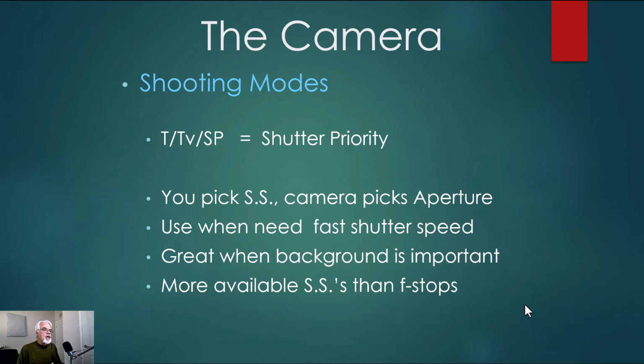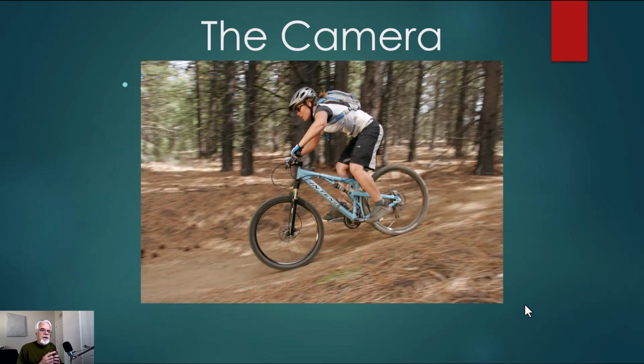Okay, now we're on to shutter priority mode. Here again, we already know you pick the shutter speed because you need a fast shutter speed to make sure something doesn't blur. The camera then picks the aperture. You want to use this when you need that fast shutter speed. So let's say a mountain biker's coming by, riding by you, and you want them to blur just a little tiny bit. So you choose 1/30th of a second. Perfect. Now it's going to pick the perfect aperture to go with that. And as long as the ISO is set appropriately for this scene, it will pick that aperture, and then you can